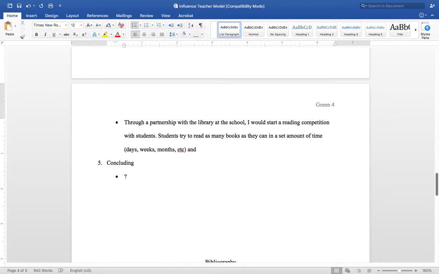a visual representation will be created and hung around the school to show the progress of those readers. Like the idea of let me stand next to the stack of books I read this summer or this month, and who can have the highest stack or things like that. And then create posters about that and hang them around the school. So once again, it's just trying to raise awareness.